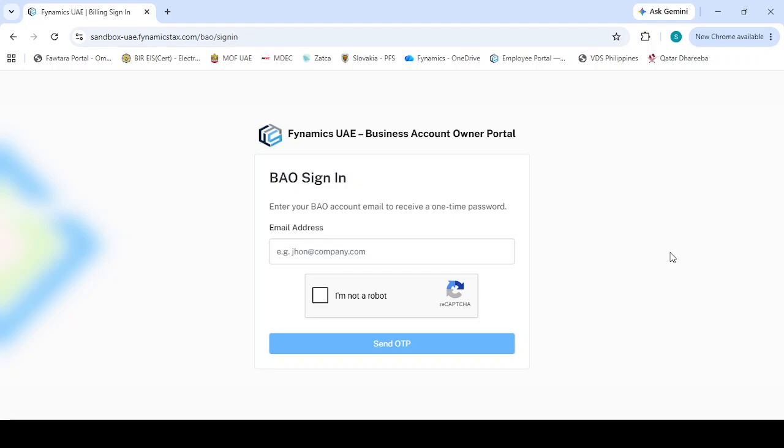Today we will look at the BAO portal, which is the Business Account Owner portal. When you onboard with Fynamics, you get a BAO ID, which is more like a primary admin or an owner ID, who can then log in and add multiple VATs or TRN numbers. It can add multiple users with permission-based access and can visit the e-invoicing portal of Fynamics for various MIS dashboards